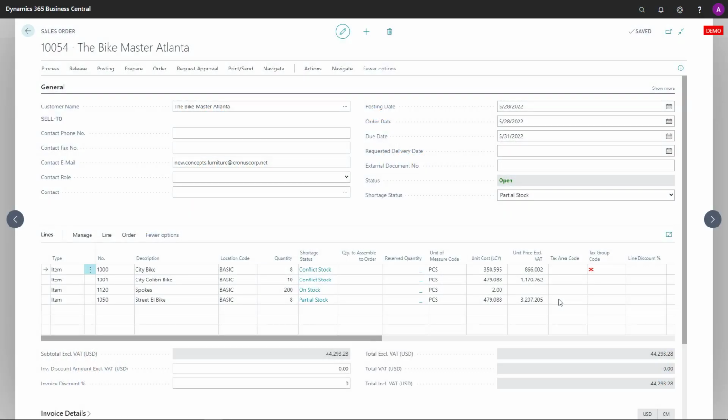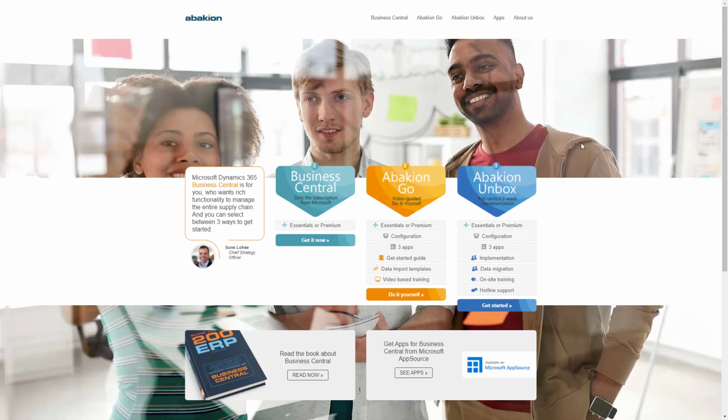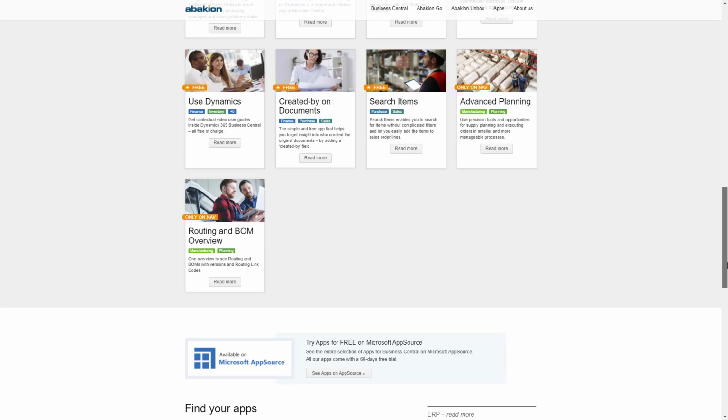Let me try to run through the different shortage statuses on the sales order lines or the sales order header. It's the same field, and this is best or most easily explained on our landing page for the app. So let's go to the landing page. This is on abacion.com, and we have our app landing page, and somewhere in here you could find the